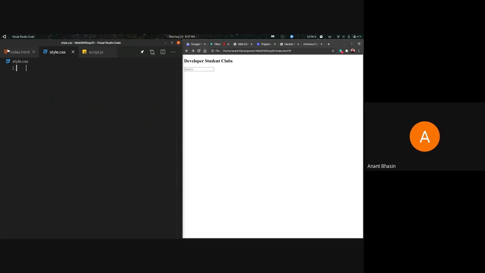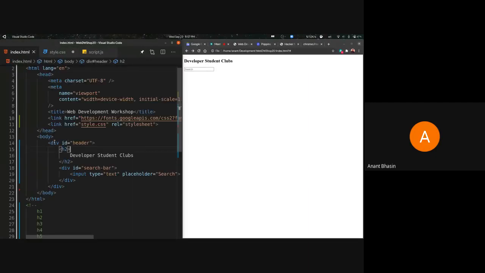So now Ishit is just going to write some CSS. So style.css, not style1.css, by the way. What I'm going to do is select. Again, just to show you guys, we have the header div with the ID header.